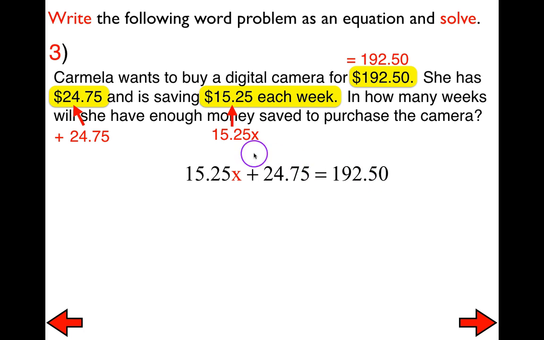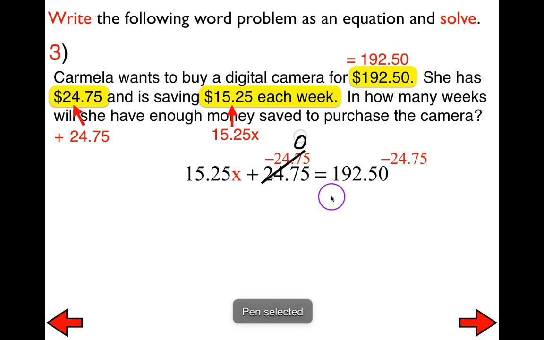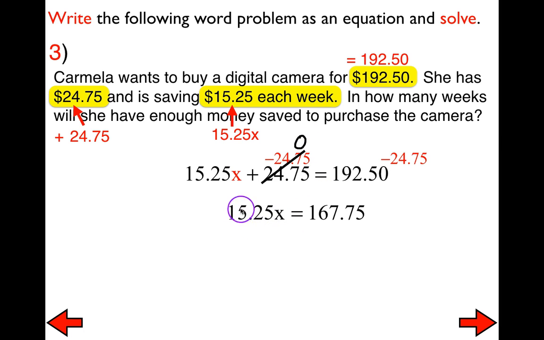Same as always, I'm focused on the left-hand side. I'm going to go ahead and get rid of the constant first. So if I'm adding $24.75, I'm going to do the inverse by subtracting $24.75 from both sides. On this side, those are additive inverses, so that's going to equal 0, which is going to leave me with $15.25 x equals